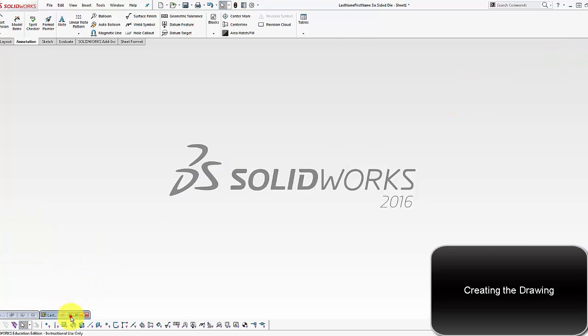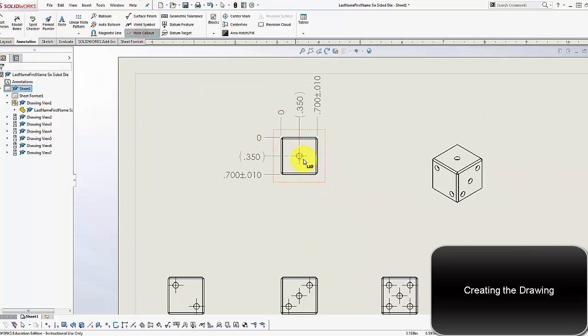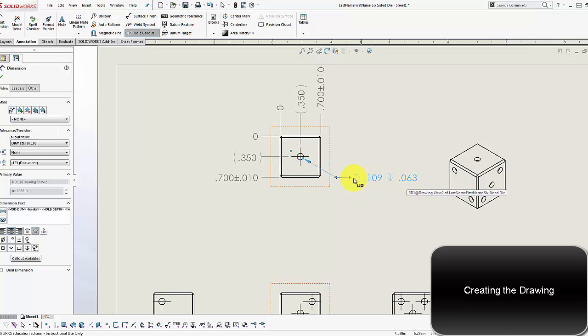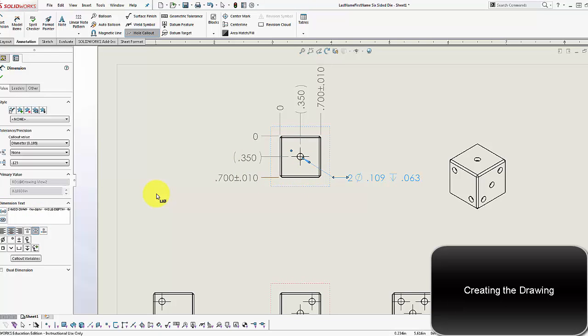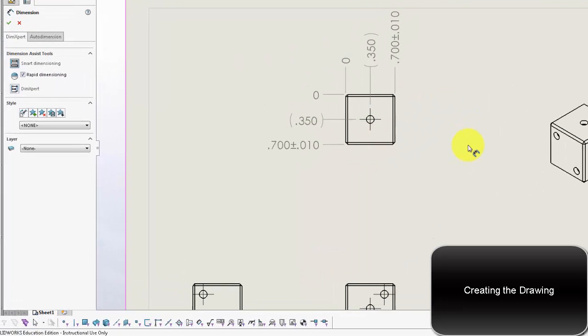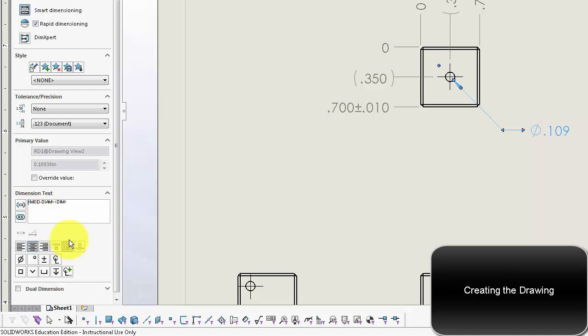And so I'll minimize that, open this up. So to get that, if you click on this hole callout button and then select that hole, it'll actually create the diameter and the depth for you. So I can come over here and then add in, oh, that's annoying. Okay, never mind, don't do a callout. Callouts are dumb. Smart Dimension, bring that down here,